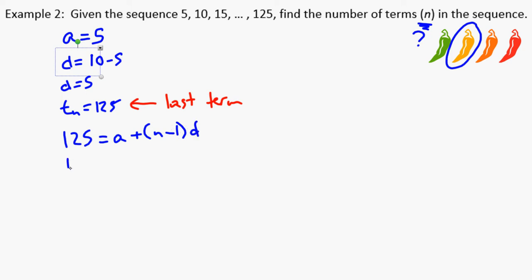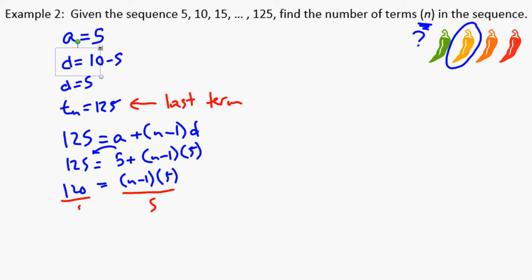So I know my a and my d, so 125 is equal to 5 plus n minus 1 times 5. Let's bring this 5 over, so I got 120 is equal to n minus 1 times 5. Divide out that coefficient of 5 from both sides. 120 divided by 5 is 24, so 24 is equal to n minus 1, so that means n is equal to 25. Therefore, there are 25 terms